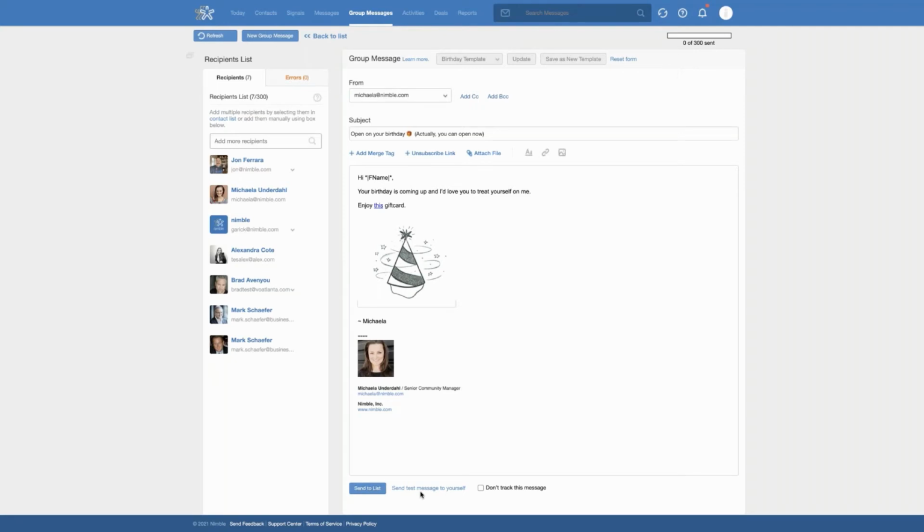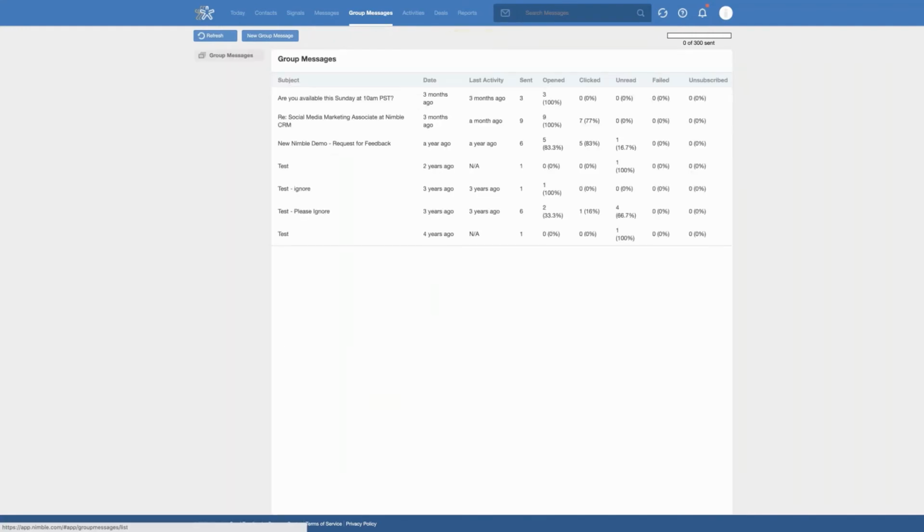If you include any links, make sure that they work and your signature looks good, and so on. And after you're ready to send, just send it out, and then keep an eye on the stats under the